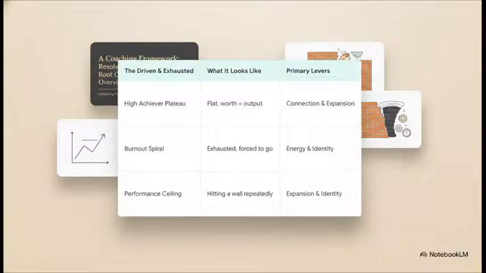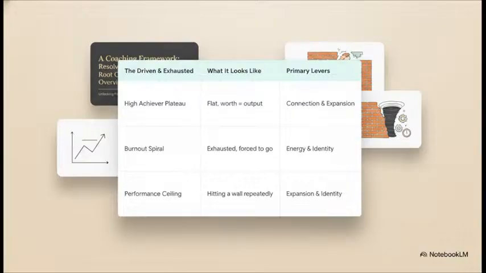To help them, we pull the connection and expansion levers. If we don't catch that, it often turns into a burnout spiral. This person is running on fumes, exhausted and resentful, but they feel they literally can't stop because they think resting is lazy. Here, you have to pull the energy lever first just to stabilize them, and then the identity lever